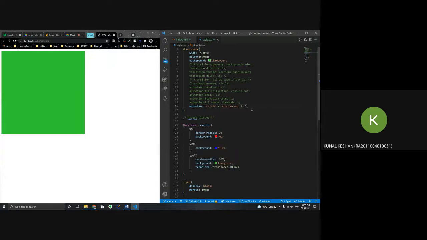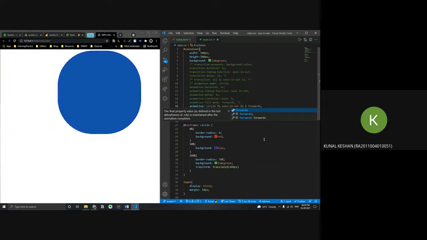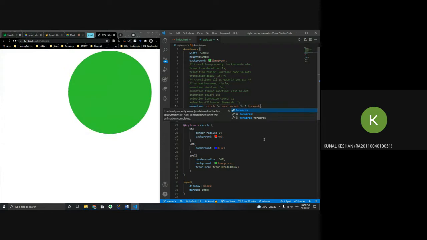So now you don't want that to happen. You can specify at which state the animation should stay in after the animation is complete, that is after the end of 5 seconds. So animation fill mode specifies that, and animation fill mode with the value forwards specifies that once the animation is complete, you take the final state, that is the 100% over here. Is that clear? Yeah, thanks. Right? Anybody else? Any doubt? No doubts, right?